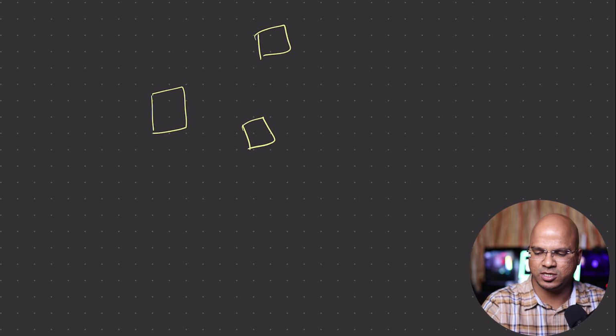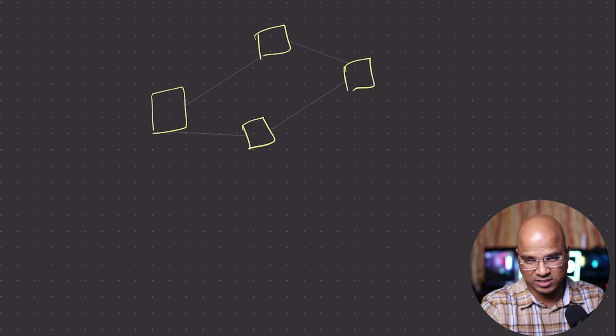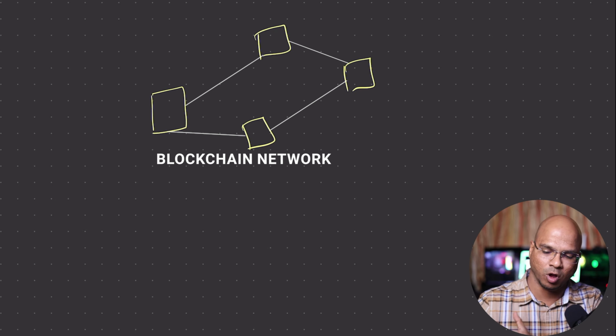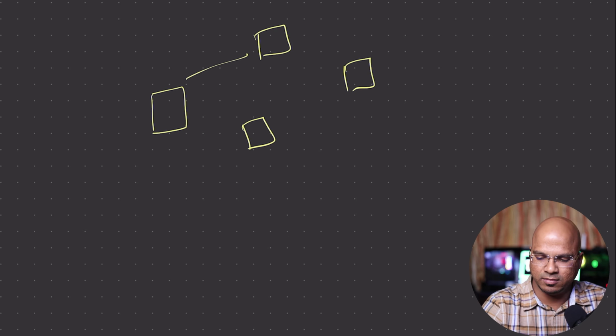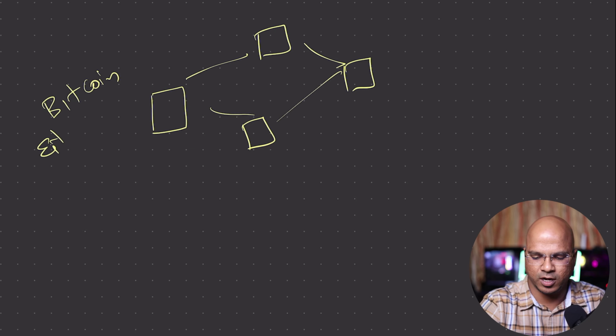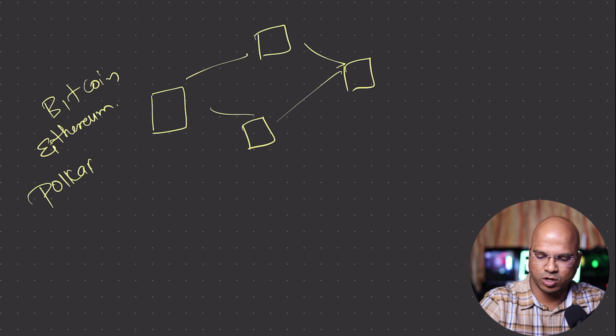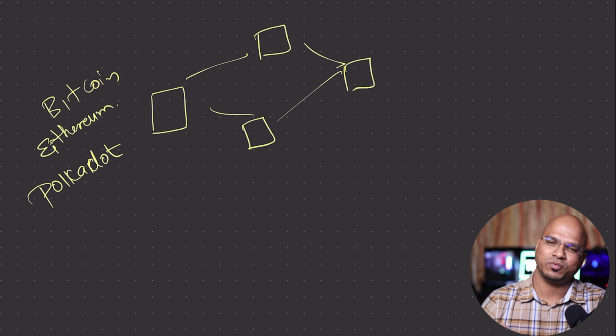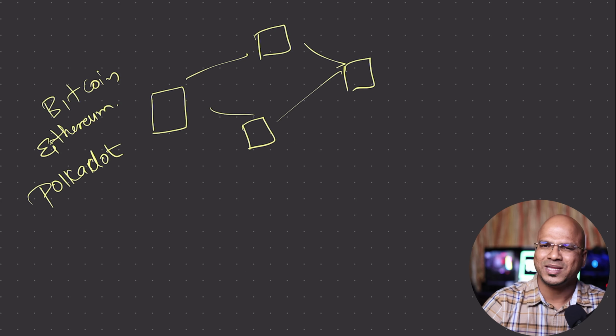And these machines, we call them nodes, right? This is basically how I'm trying to create a blockchain network. An example of this type of network is, you might have heard about the Bitcoin network. Maybe you have heard about the Ethereum network. And one of my favorites is Polkadot. Now, these are all the networks which we have, right? Now, what type of data do you store here?